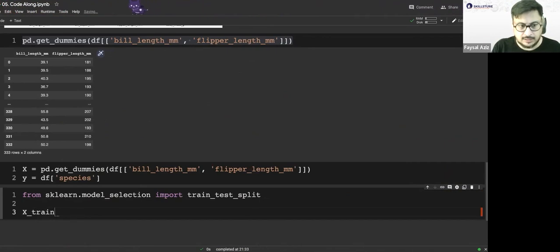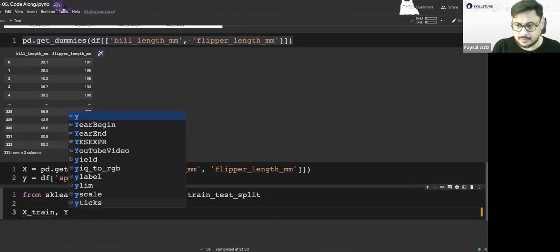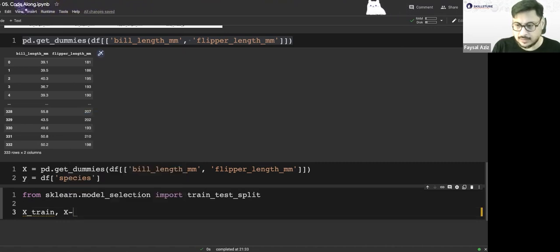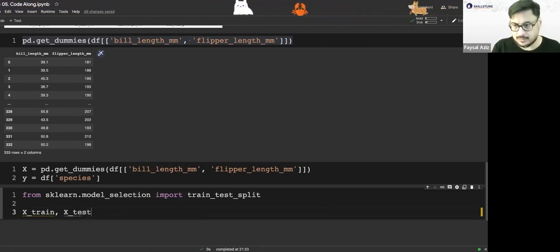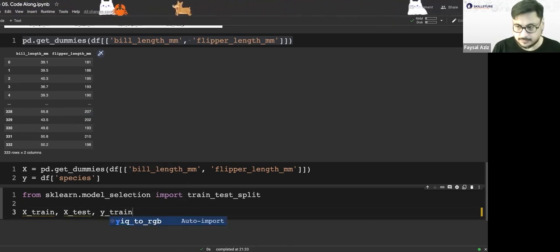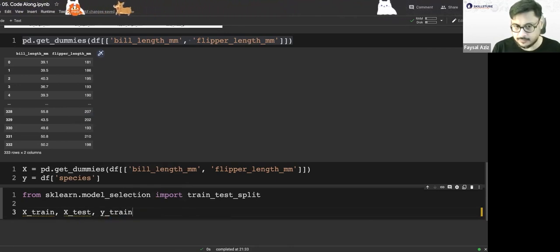So there's something called X_train, X_test. It should autocomplete by now. Sometimes it takes a while. You know what?